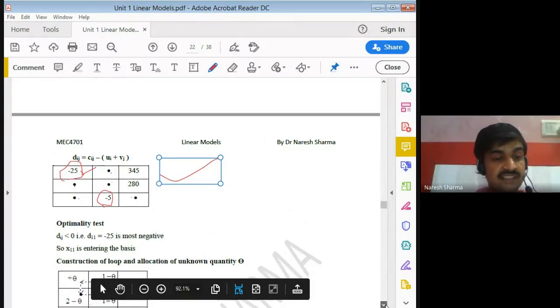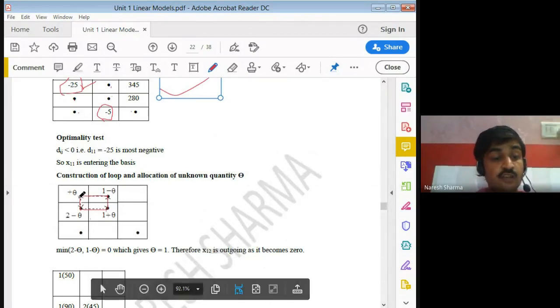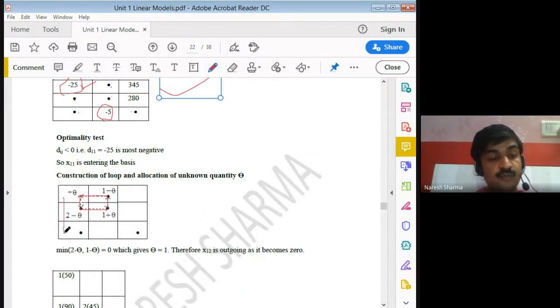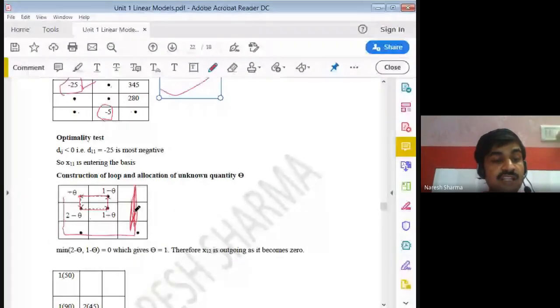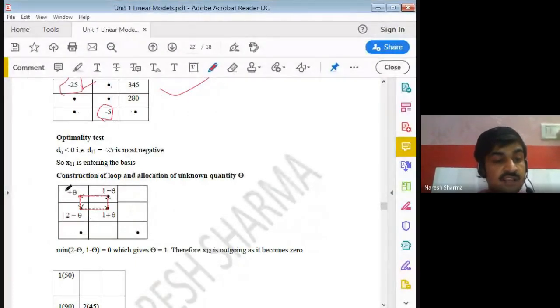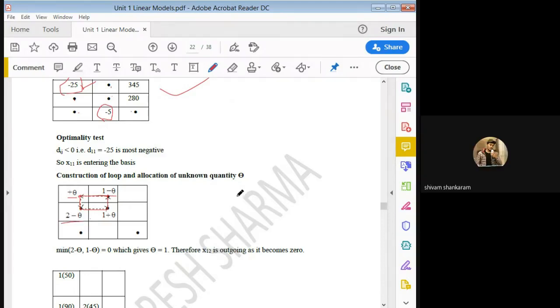So we write here theta, and try to make the closed path starting from theta. So we go to this point and then go to this, then go up, then go left. Now the path is closed. You may choose this here, this point, then this, but at this point you are unable to go and close the path. That's why we do not choose this one. We require the closed path here, important thing. So we write theta at the starting point, then adjacent point minus theta, then adjacent point plus theta, then adjacent point minus theta. Now your 1 minus theta and 2 minus theta, if you take these equal to 0,